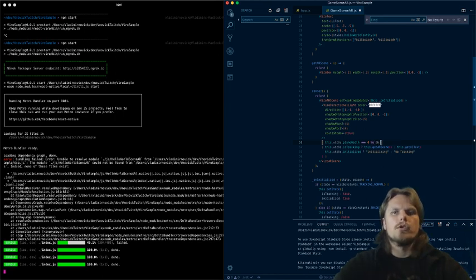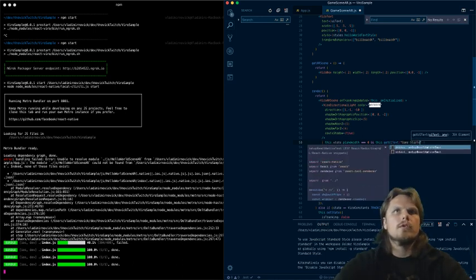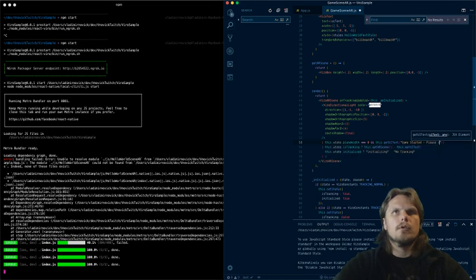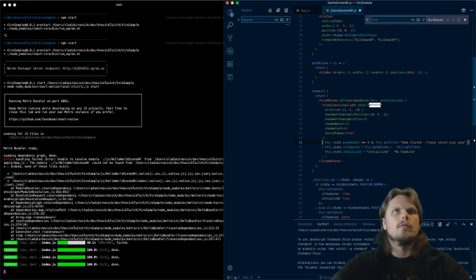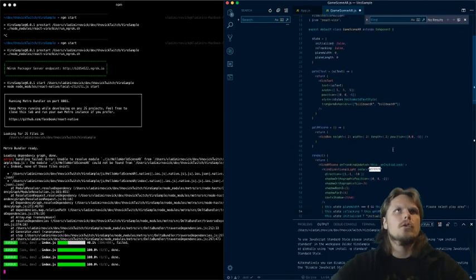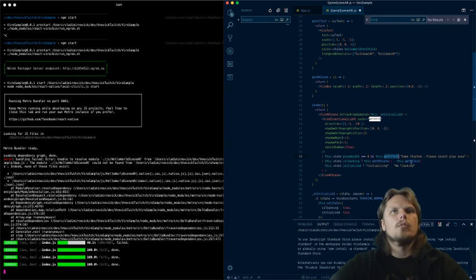Then we will just get UI text with the game started. Please select play area. Right? We want the user to know what to do, so we need to put some kind of UI. So you see the benefit of putting this UI sync here, UI text here. We don't need to write it twice. Then